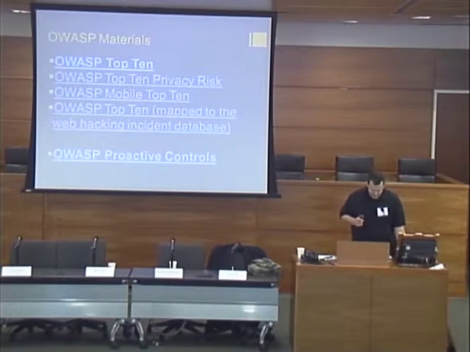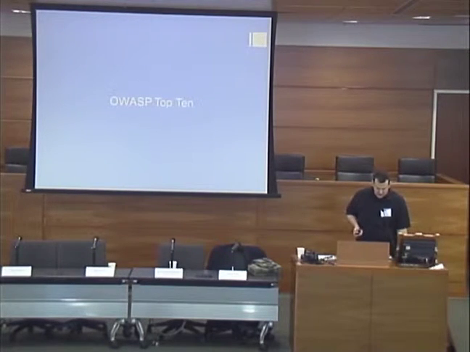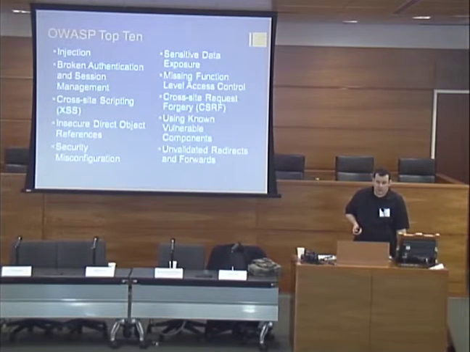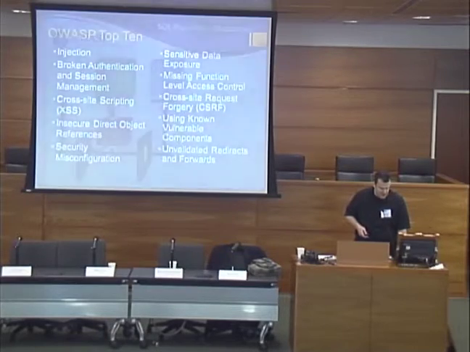So these are the most common problems. Problems are interesting, but how do we prevent them from occurring in the first place? What's the proactive approach? And so that's the OWASP proactive controls. But first of all, the OWASP Top 10. We're probably familiar with many of these. These are the common problems found in web applications. So, well, these are them. That's a whole talk by itself. And so these are the problems.